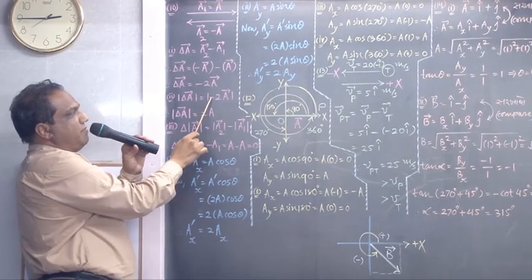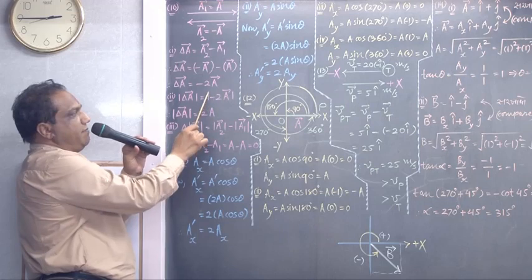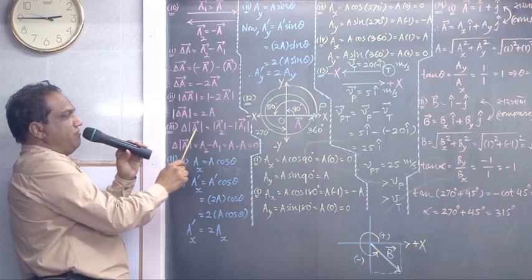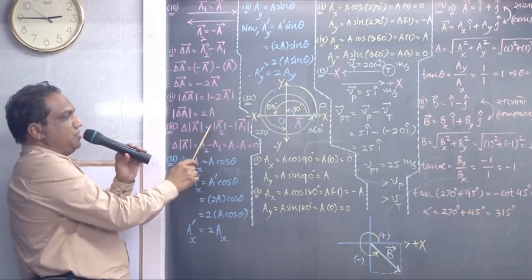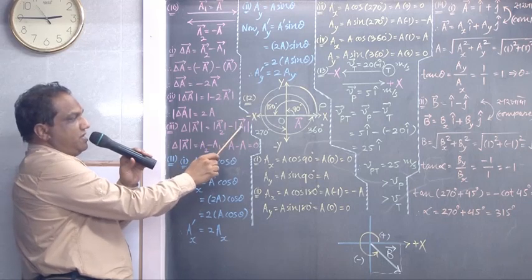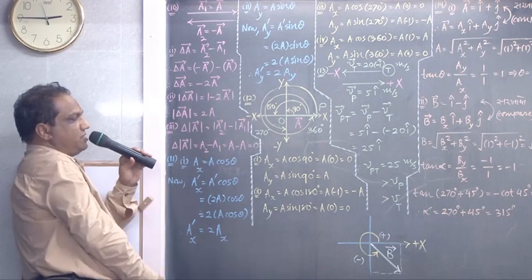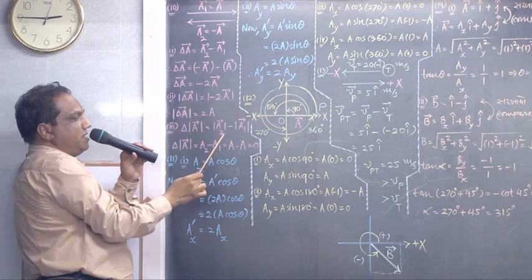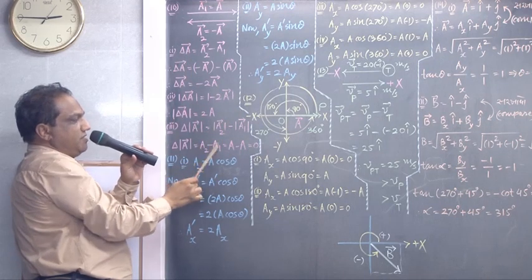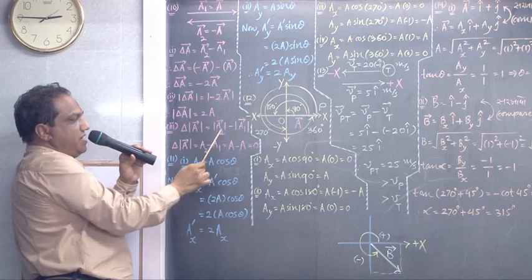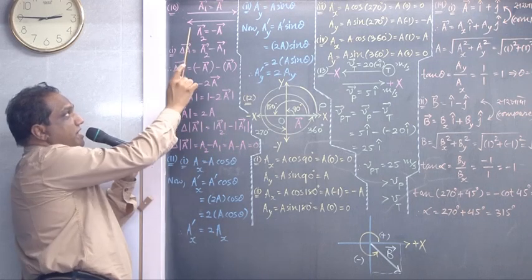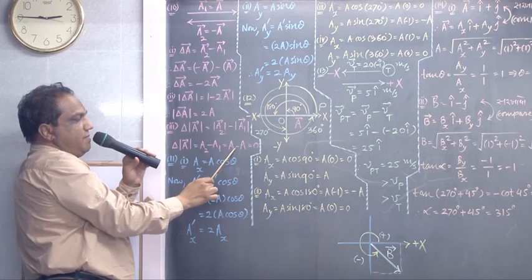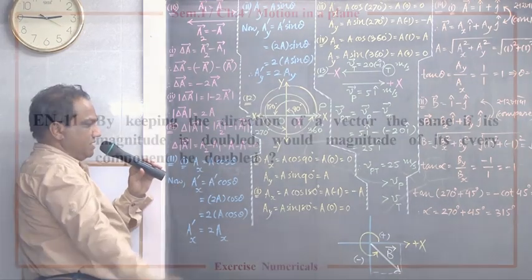Instead of minus you should write plus 2 as it is, and the magnitude of vector A is nothing but A. Now they have asked the change in magnitude of vector A. So it is final magnitude minus initial magnitude. Final magnitude is how much? It is the magnitude of this vector, and the magnitude of this vector is nothing but A. So it is actually A2 minus A1. A2 is A and A1 is also A, so A minus A, that is 0. Right? Next.